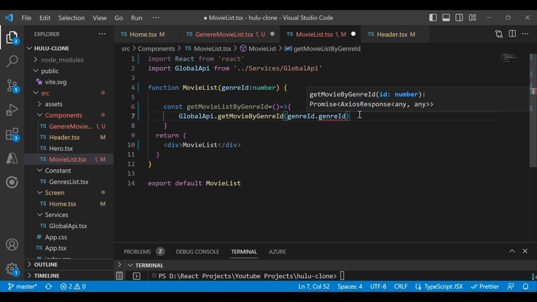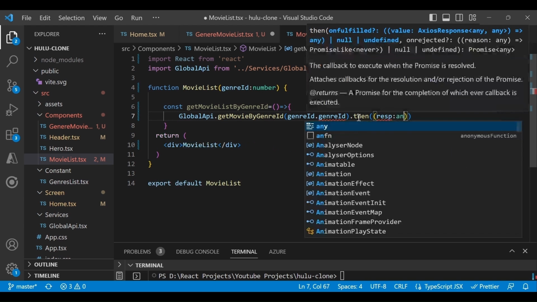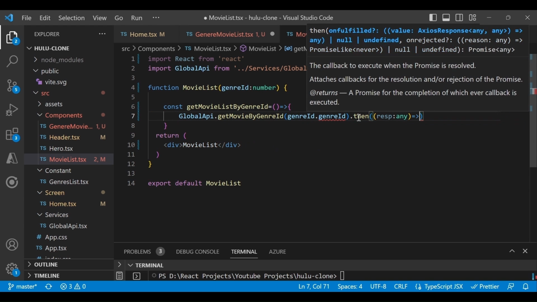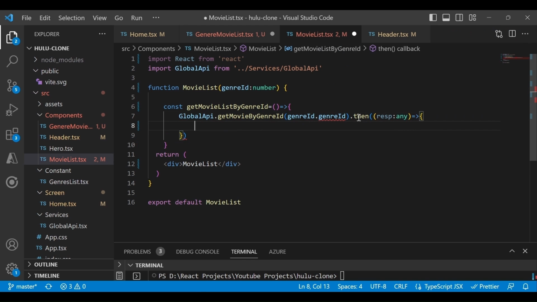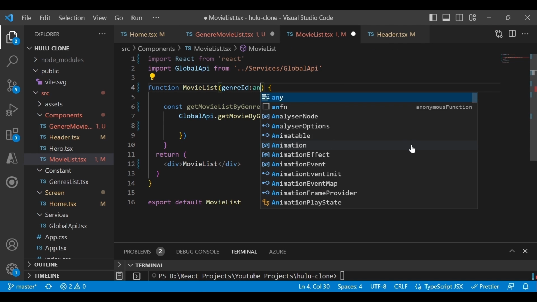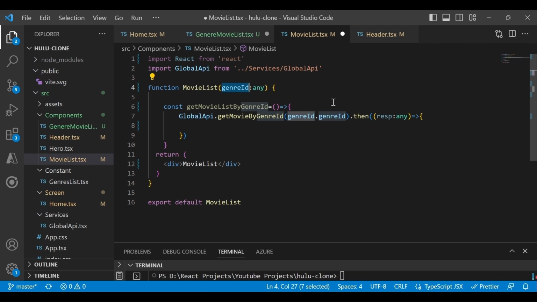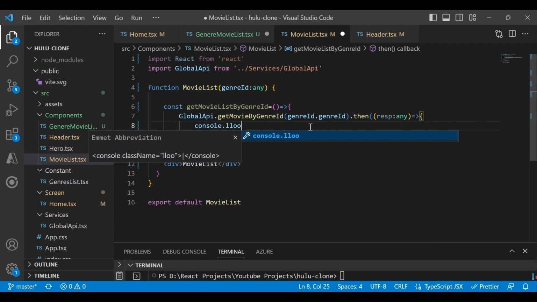And then we have then, response, and I will mention response of type any here. So if you see, we are getting an error that property genre id does not exist on type number. So right now give the any, because we did not define any interface for now. Once we have this information, you can console the response.